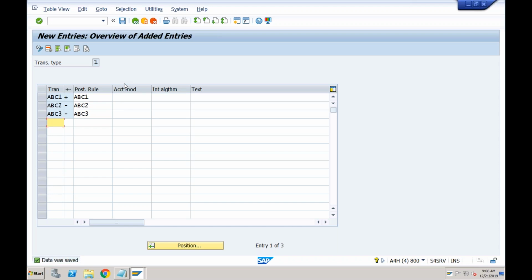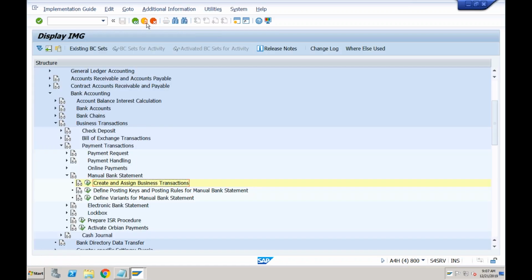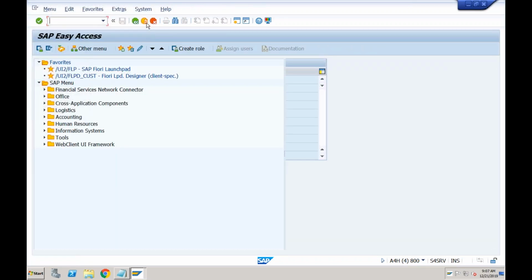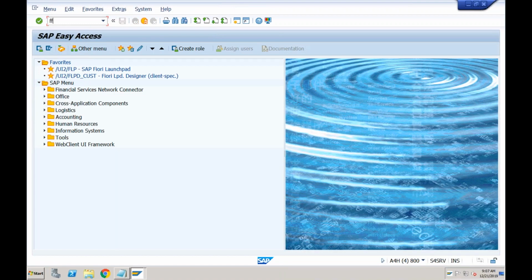Now what will happen next is your bank will send you the bank statement, and you have to upload that bank statement in the system. How the bank will send you the bank statement? Let's say they are sending you in the Excel, or they are sending you in the PDF. So in order to enter the bank statement into the system, you will use transaction FF67.